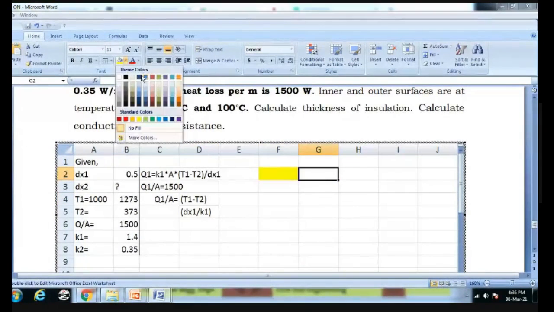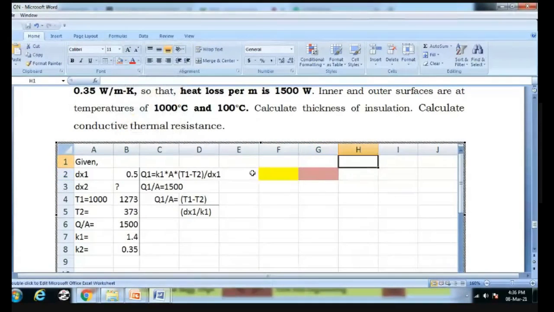This is one thickness, this is another thickness. On this side you have 1000 and this side you have 100. I can make here 1000 degrees Celsius, here it is 100 degrees Celsius. These are the temperatures. Here I can make it T3, so 100 we will call T3. T1 is here, in between it will be T2, and this is T3. Okay, now you calculate.